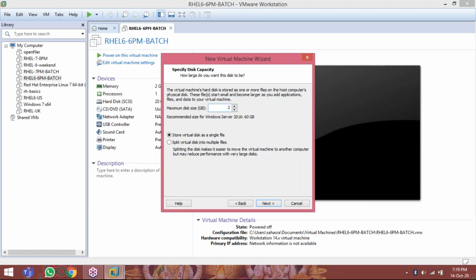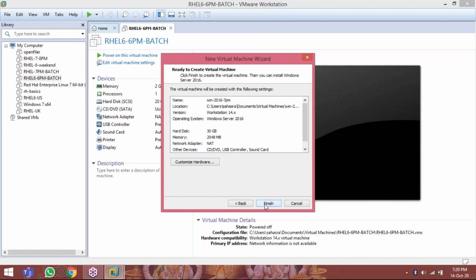So you can select 25 GB is enough. 20 GB is also enough. So 25 GB I am taking. Sometimes 30 GB I am taking. So 30 GB of space minimum I am selecting for this 2016 installation. So recommended size they given 60 GB, but 30 GB is enough. Click next.